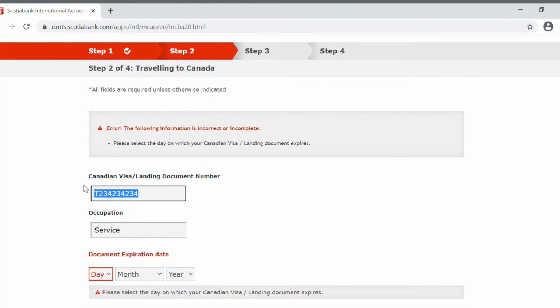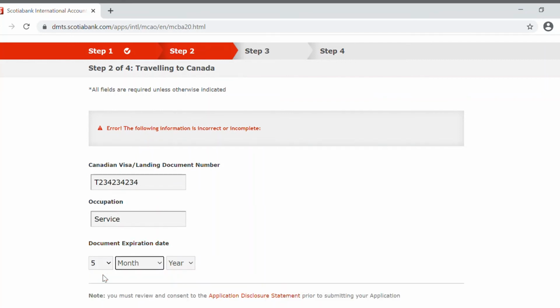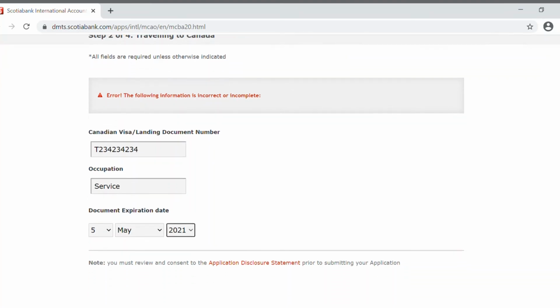Document expiration date means either the visa expiration date or the landing document expiration date. So I am providing the COPR document expiration date. Let me provide it as 5 May 2021 and then press next.